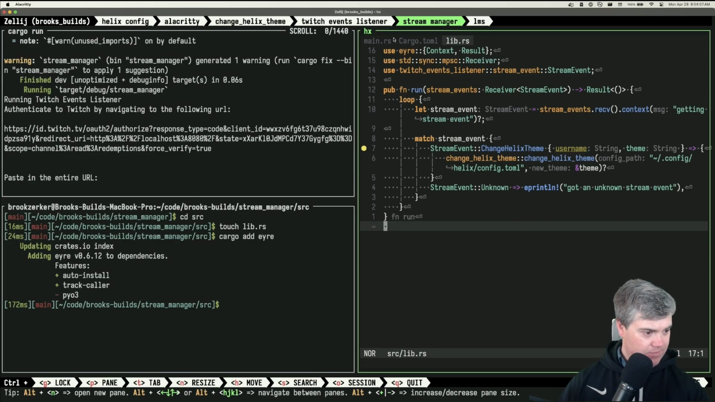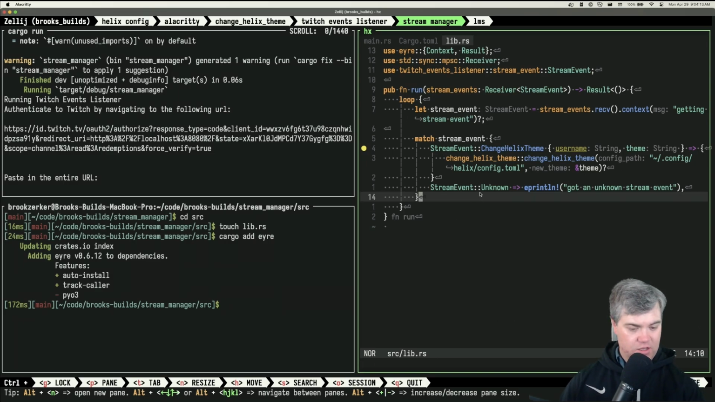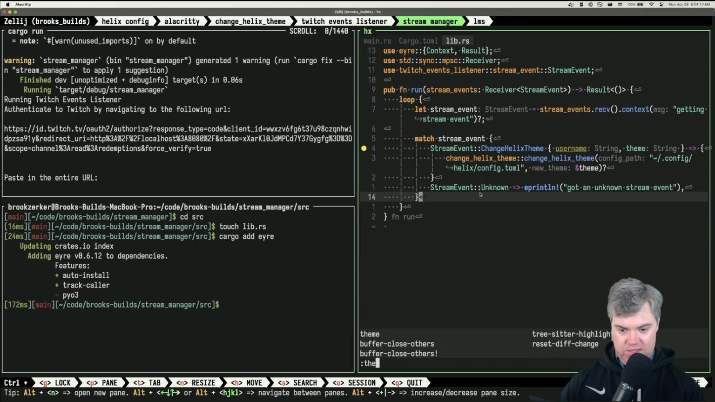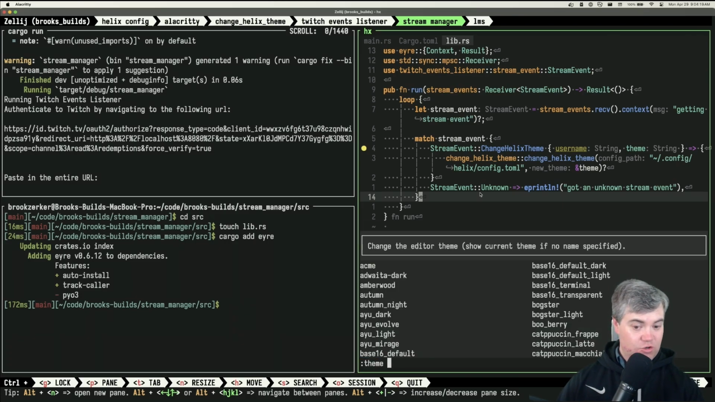Helix editor has their list of themes there, but also in Helix here, I can open up theme. And you can sort of take a look at all of them. So like here, Acme, for example, is a very bright theme and very obvious that it's changed. So if I do a change Helix theme to Acme,